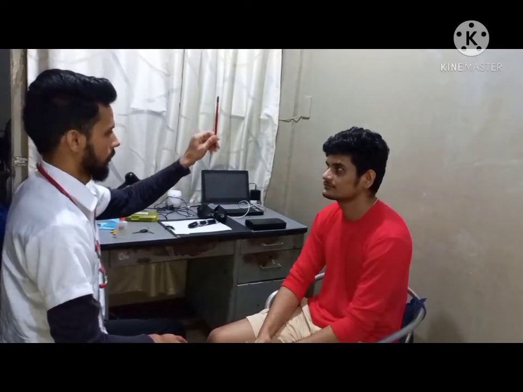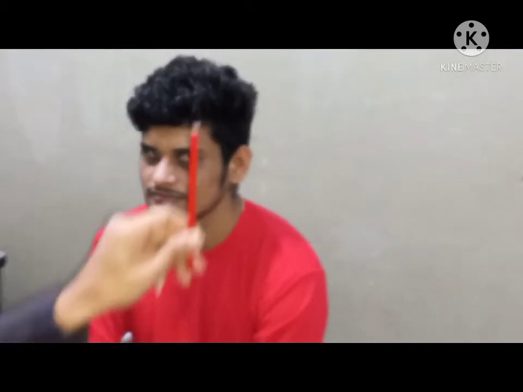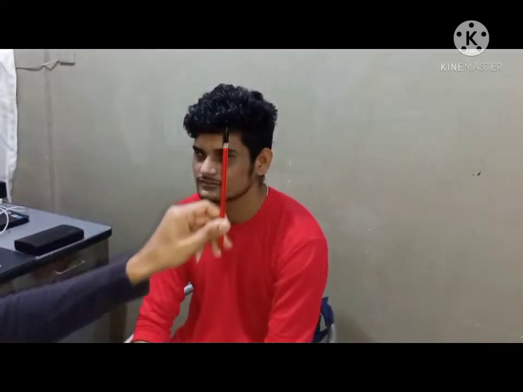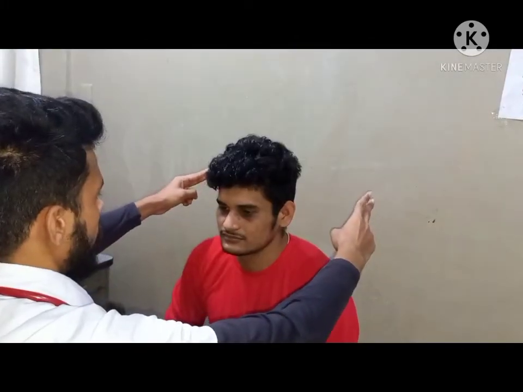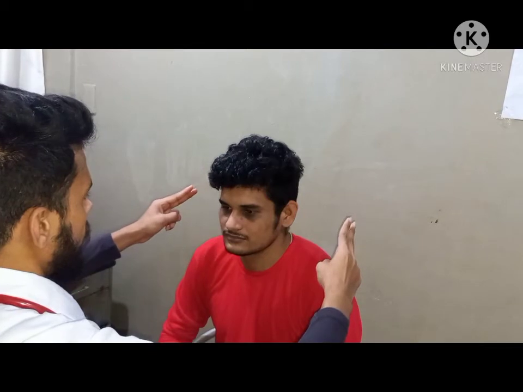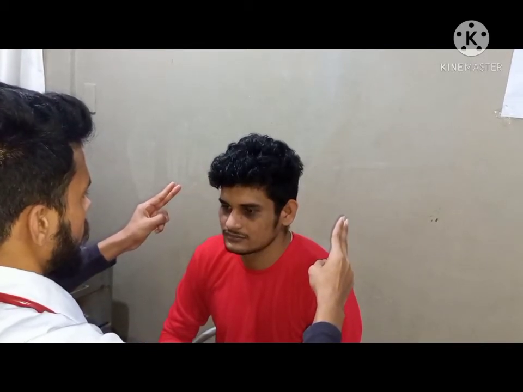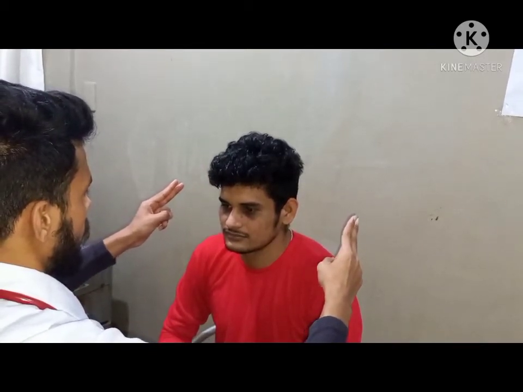So now you have to focus on this pencil and focus where I am asking you to focus. Just keep your focus on this pencil. Now move to the right without pausing in the middle, then to the left. We can also check your eye movement by using fingers. Okay, like that. For measuring the visual acuity, we are going to use the Snellen chart.